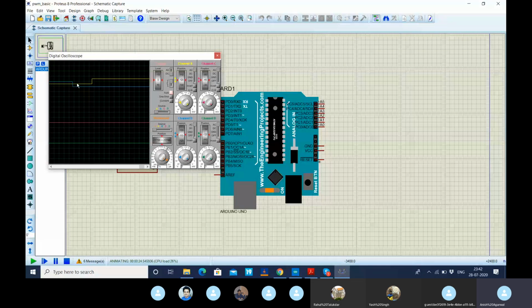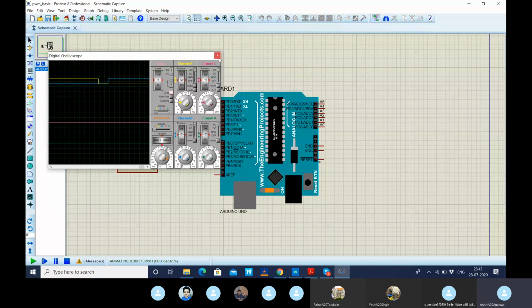You see this overlapping time, this is the dead time. Wait a second, I'll lift it up a little more. All right. This time is known as the dead time. During this overlapping time, both of the pulses are low, and this is known as the dead time. For the first wave, the pulse width duty cycle is 50%. For the second pulse, it is 450 by 1024. So that is the duty cycle of the second wave.